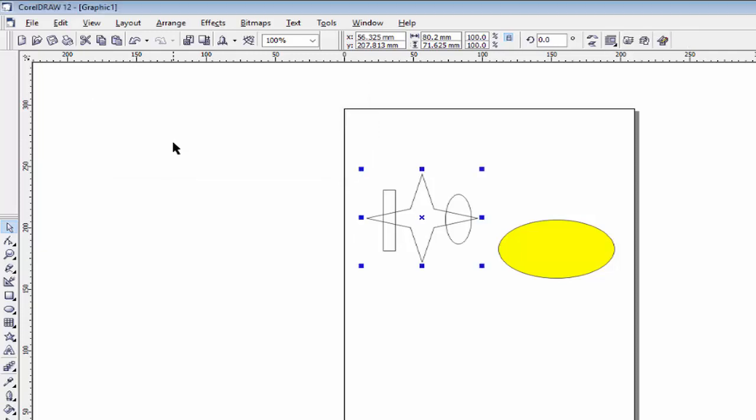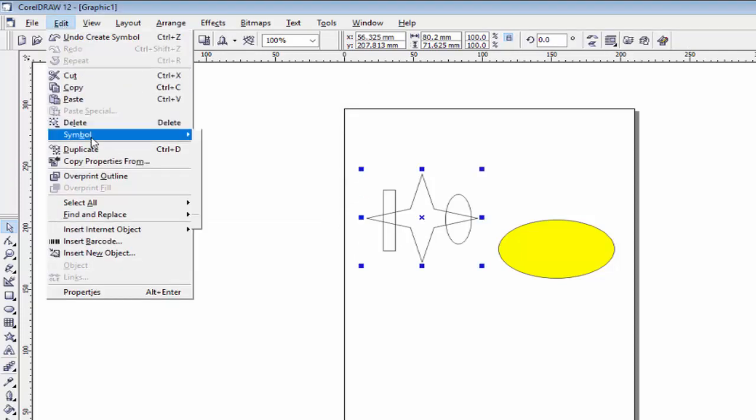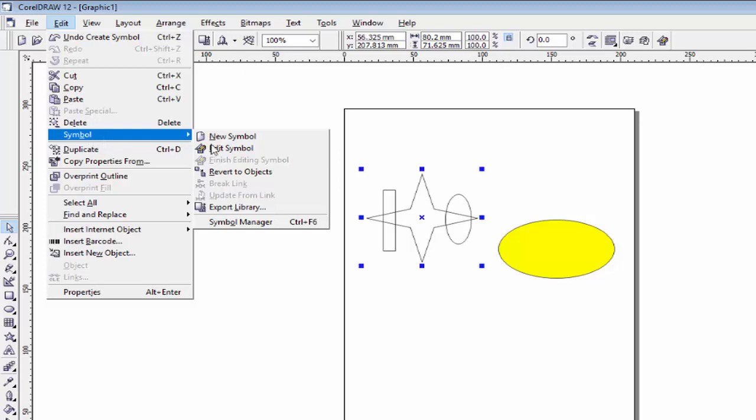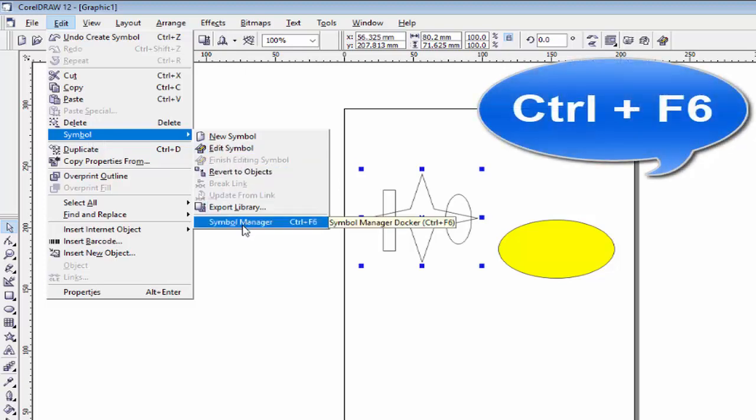Then click OK. You will see it creates the symbol of that object. And if I want to use that symbol again and again, go in symbol and click on symbol manager.